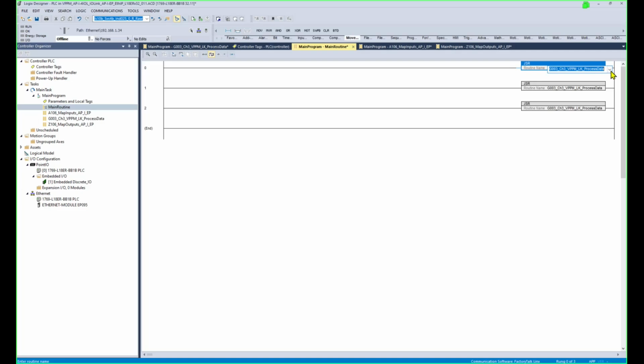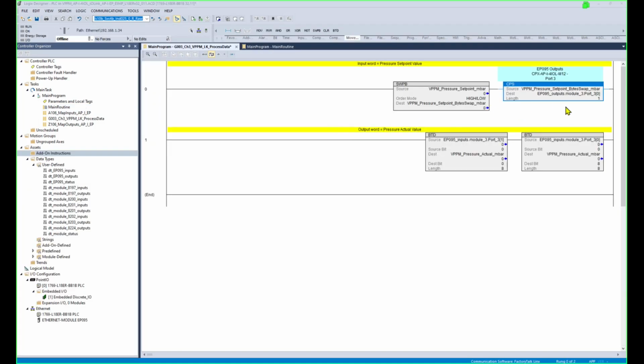I'm just going to put this so the map inputs are there and my map outputs are always the last in the scan, so we can control the scan this way. Save the data. And before we do a download, I need to change this length to the number 2 because we're transferring 2 bytes of information, so the length is based upon the destination. And if we do a download now,